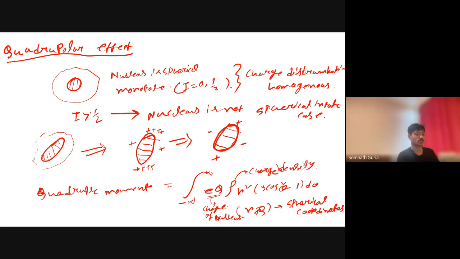Okay, this is the equation. Now, if we place a non-spherical nucleus into some electric field gradient system, what will happen? We don't know. Now we can discuss that. So we have the effect of the non-spherical nucleus in the